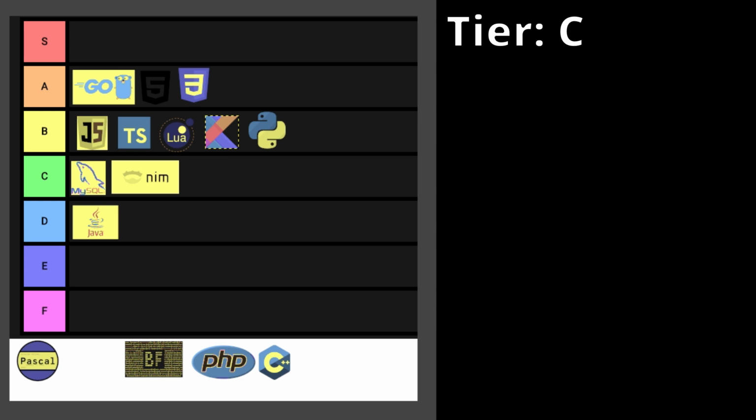In my opinion, I enjoy coding in C++ occasionally. It is fun. I won't use it for anything serious though. But I do like coding small and basic programs in it. Or if I want to produce an executable file, like a .exe, then I like to go for C++. Therefore, C++ gets the very befitting rating of C, just without the plus.